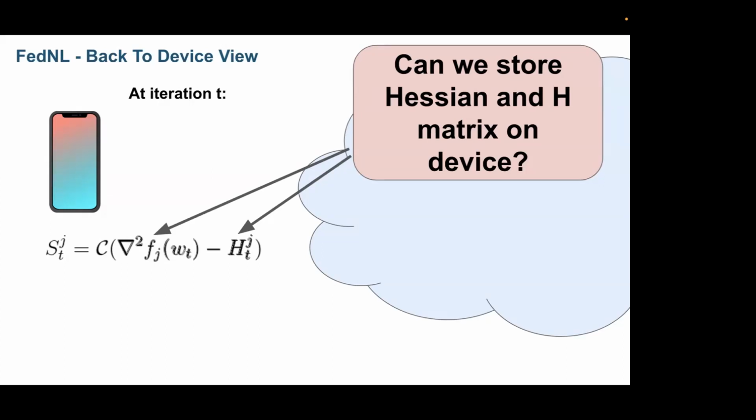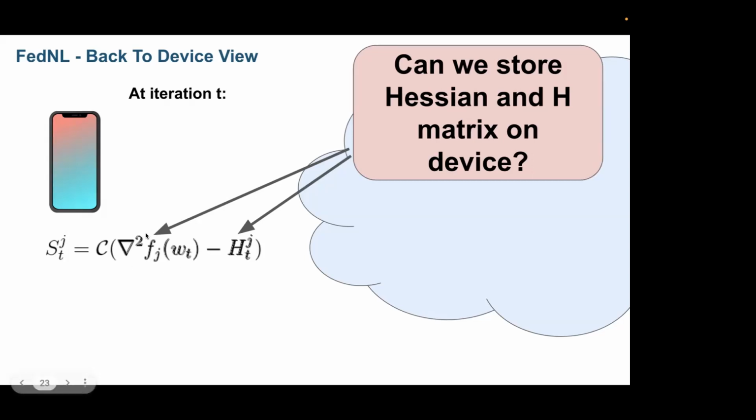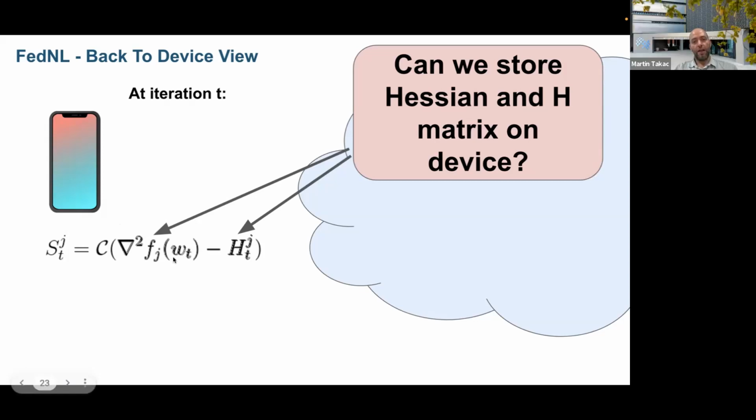Again, there are two drawbacks. You need to store this one on devices. And many times if you think about your phones, I don't know how much memory you have, but I have maybe like 1 GB free memory, right? It tells me I cannot do this algorithm for large enough models, because there's a high requirement for the device to store the Hessian and also the Hessian estimate, which is now shared with the server. So therefore, someone said, let's try to shift this burden from device to the cloud.